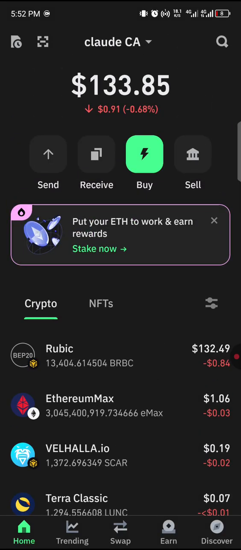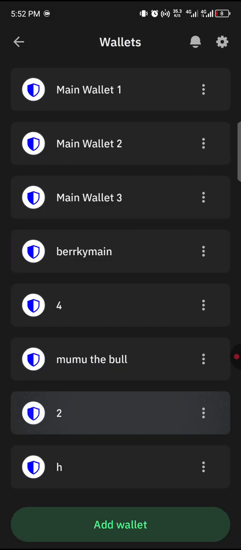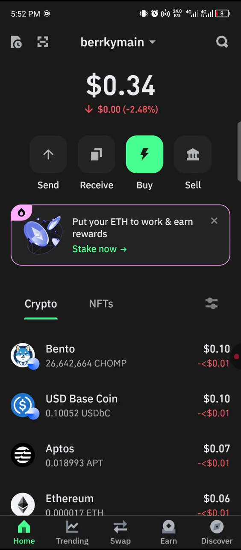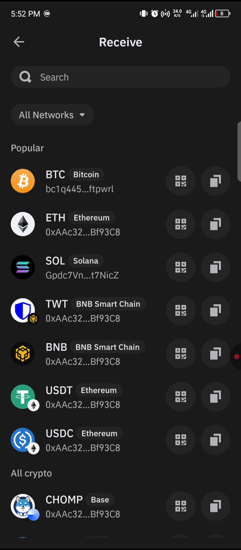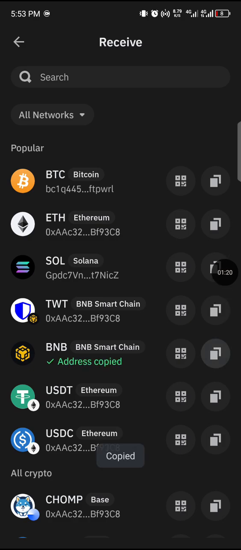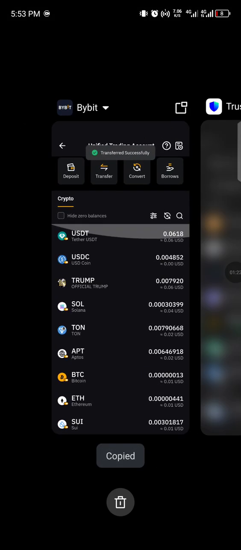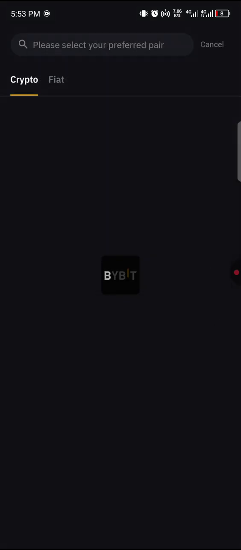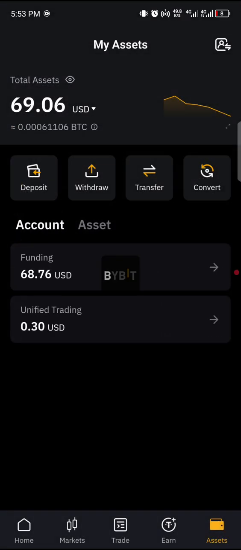Then I'm going to go into Trust Wallet to copy the address. I'm not using that wallet, so I'm using this particular one right here. So I'm going to copy my smart chain address. Copied it, then I'll come here, I'll click on withdraw, then choose BNB,